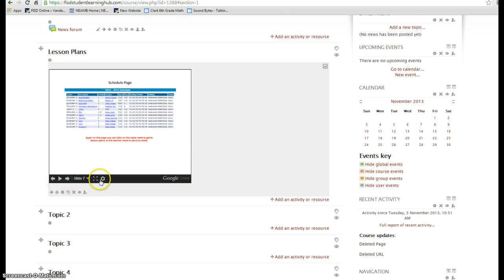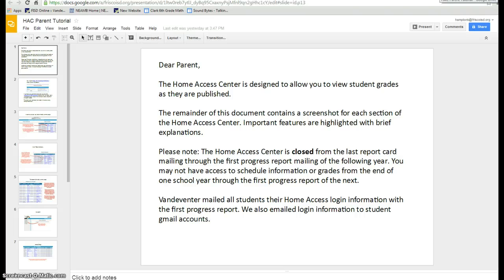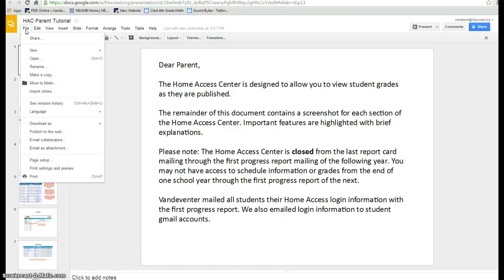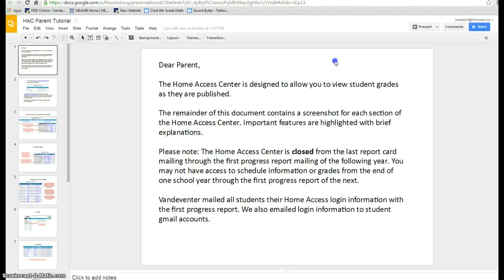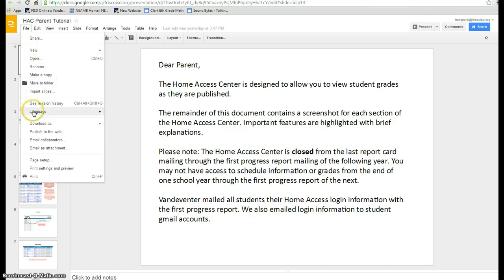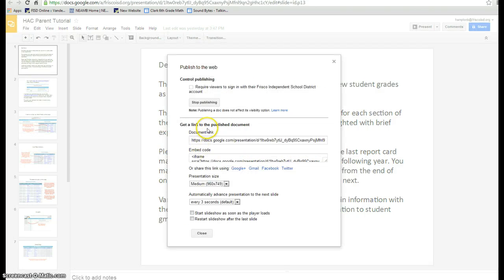Now another option would be to just give them the link to the presentation. If you wanted to do that, you want to go to File and Publish to the Web again. Don't just give them the code to the document itself. The reason is that if you just give them this address up at the top, they're going to go to this view, and that's not where you want them to go. So you're going to go to Publish to the Web, and then here's the link to the document,